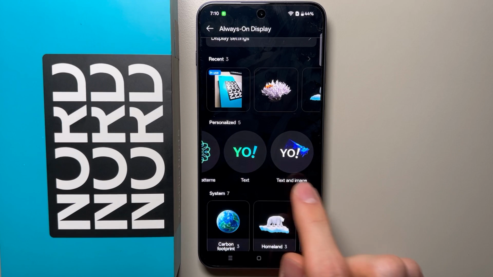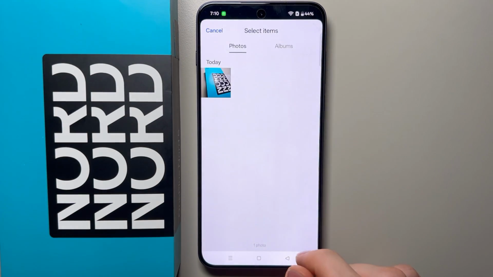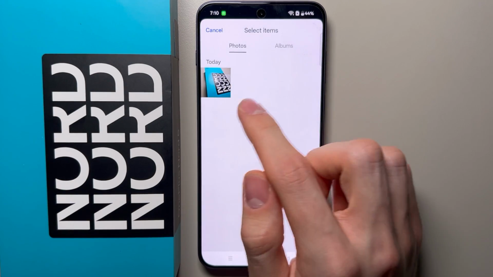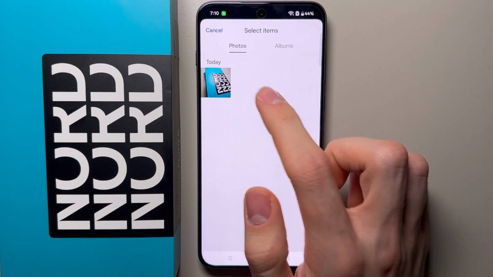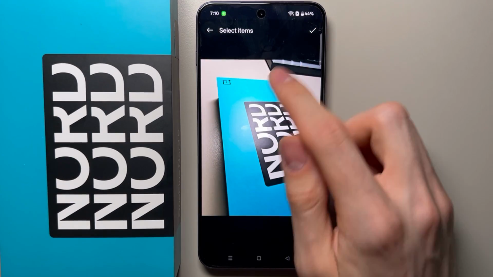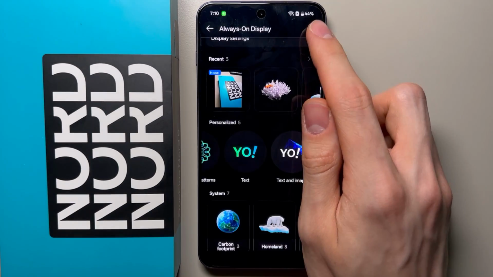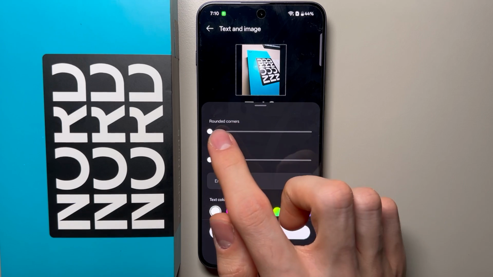and from here you can find in the personalize section, you can find text and image. Open it and select the photo that you want on your always on display. So now open it and click this check mark in the top right corner,